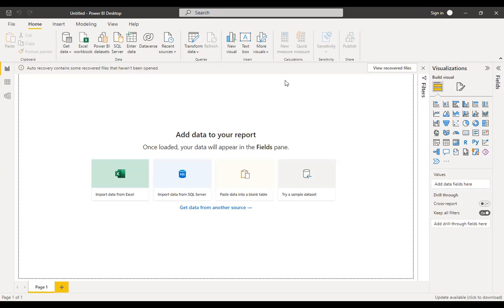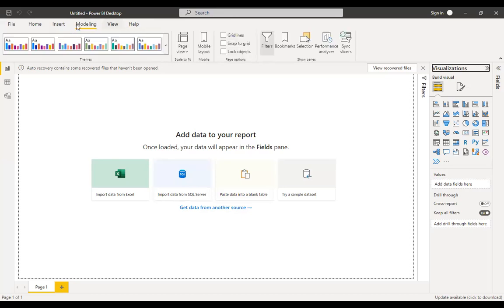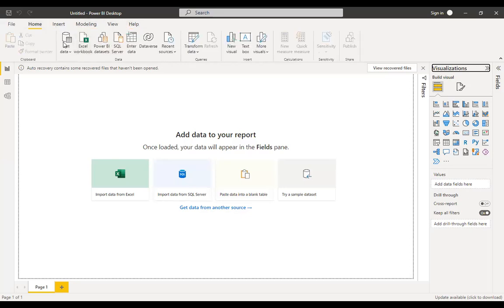Sure. Yeah. I understand. Okay, so the very top, as you all know, these are the menu items, right? And below them are, for each of the menu item ribbons, the options that you can work with. So can you hear me? Yes. Right. So we have the home button, we have the insert, we have the modeling, view, and help. So the home button, basically, this is where